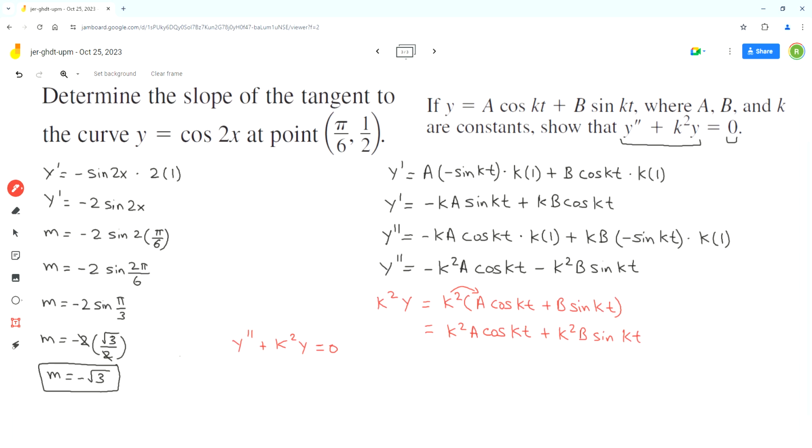We know the second derivative of y is equal to, plus, now for k square y, we got the expression